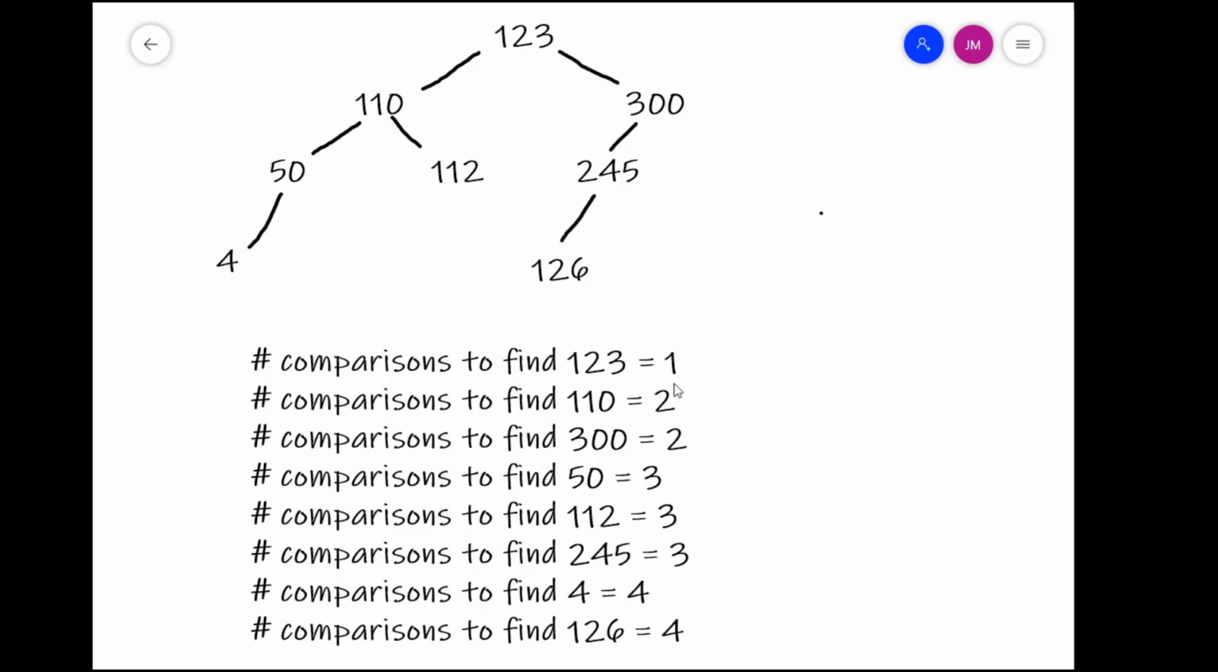That's 2 comparisons. And similarly, to find the 300 takes me 2 comparisons. Is it 123? Nope. And it's bigger than 123, so I go right. Is it 300? Yes, and I found it. 2 comparisons. And if you go through this, you'll see that numbers that are on the same level take the